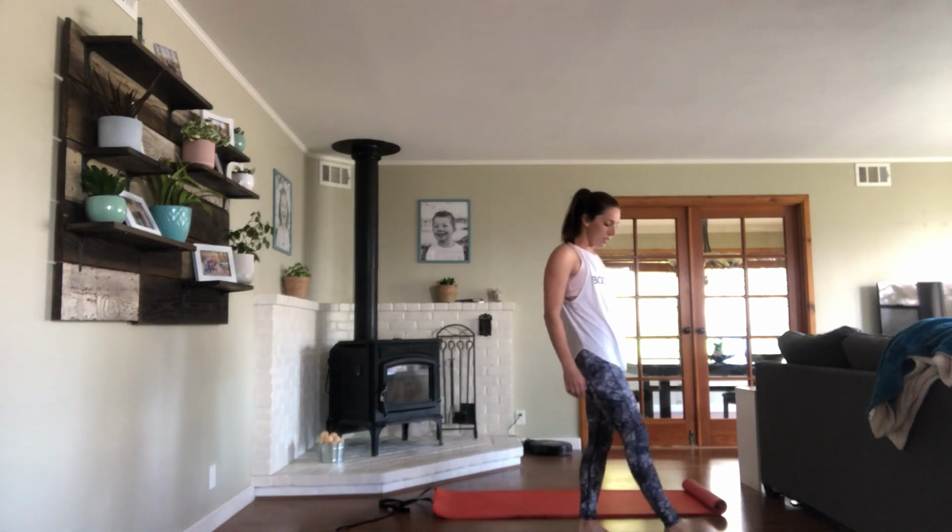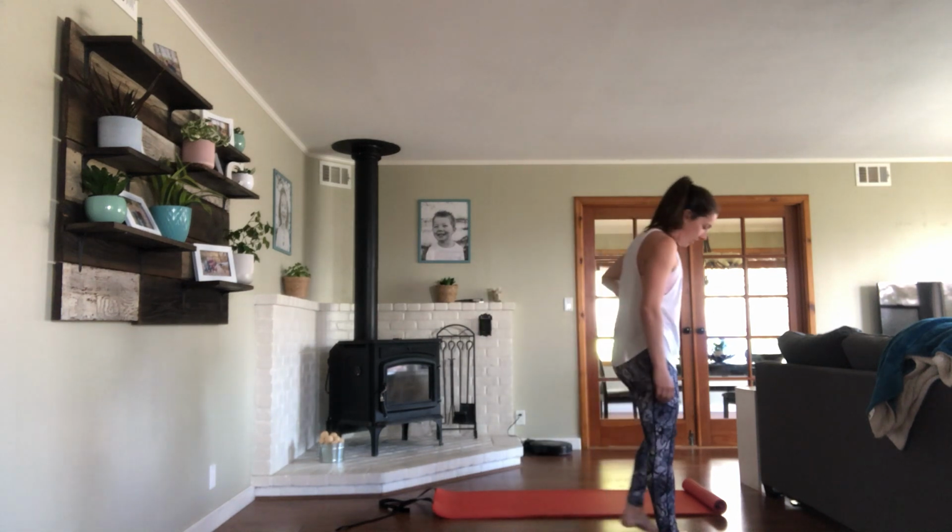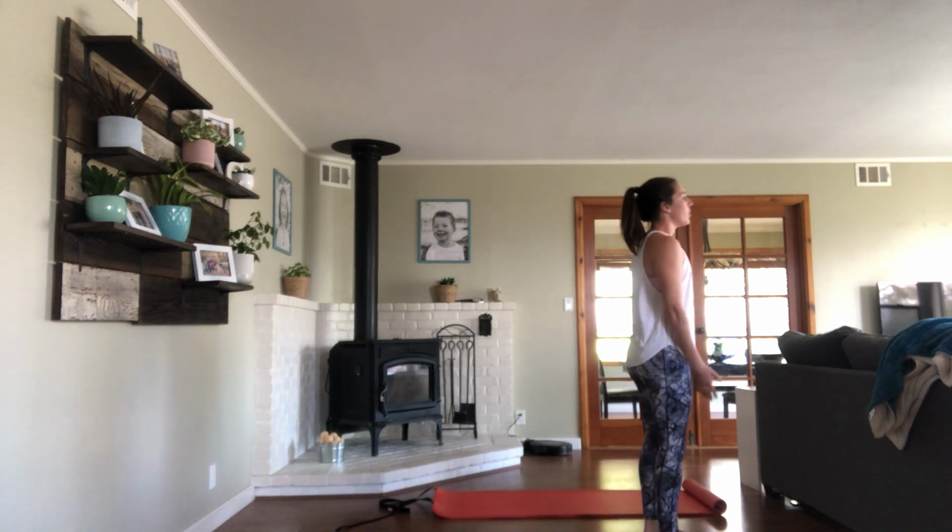Get started with a body rock floor routine. I'm using sliding discs. You can use washcloths or kitchen towels, whatever makes your floor slippery. Paper plates are supposed to work well on carpet. So we're going to get started with our feet on that slippery surface you have, reaching way up high to